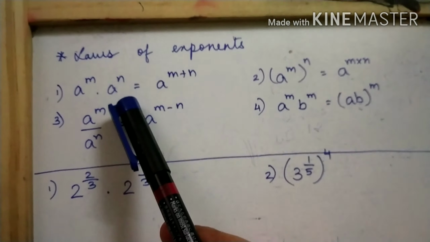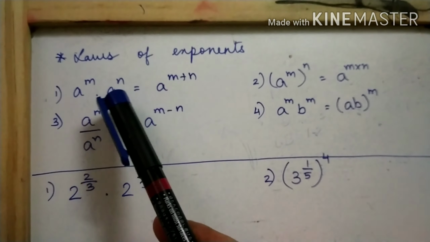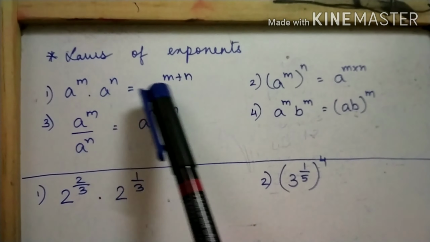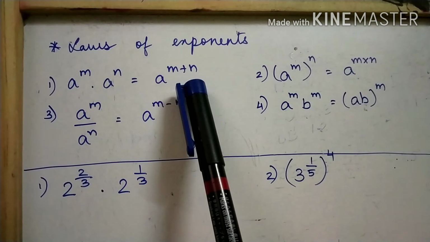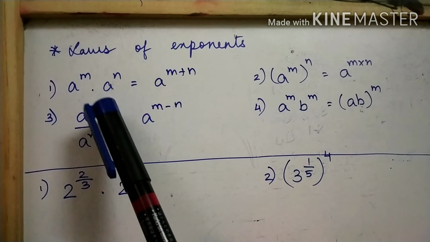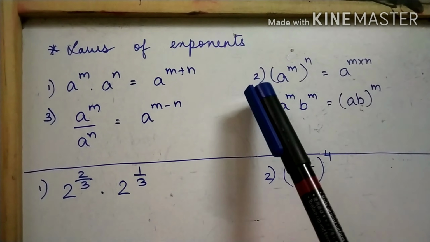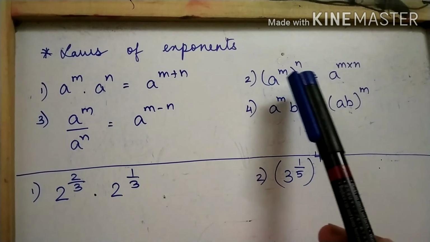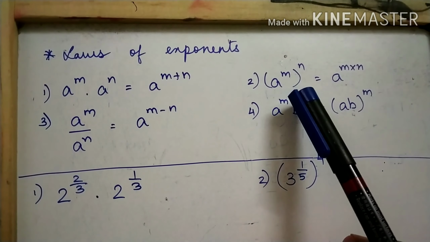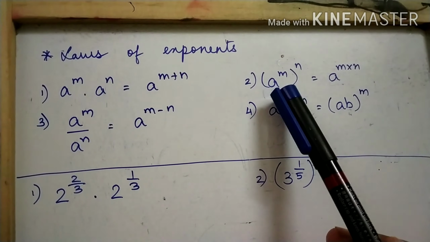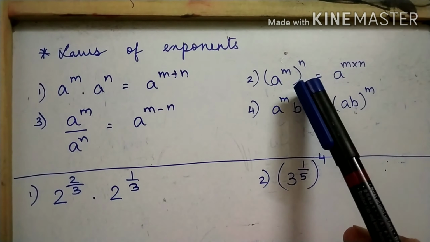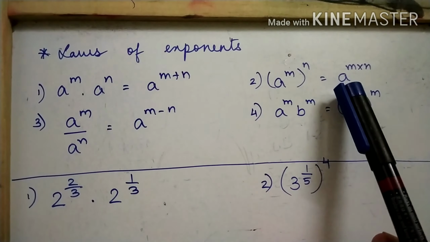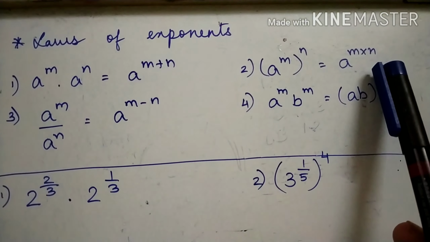Here the base is the same, the base over here is a. So if the base is the same, the exponents can be added, when it is multiplication. Dot means multiplication. Next, power of power, that is a raised to m raised to n. Okay, so a double power is there. When you have powers like this, that is exponents, then you can just multiply those exponents, that is a raised to m into n.